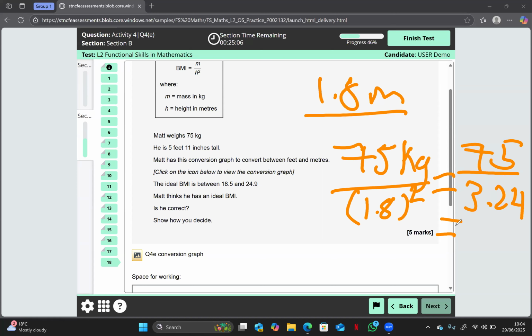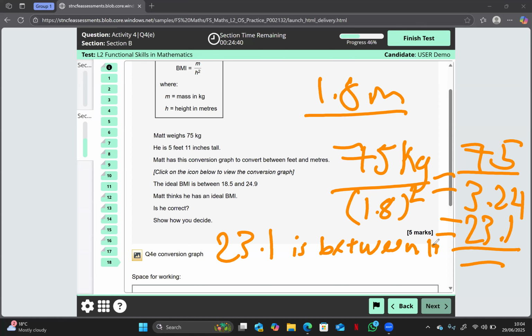So the BMI is 23.1 to 1 decimal place, so 23 is between the ideal range. Therefore,